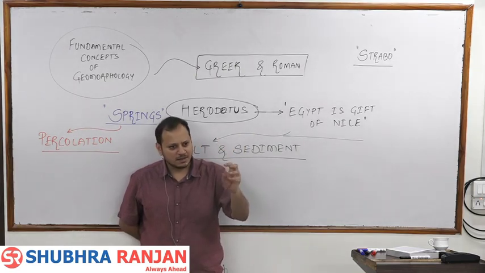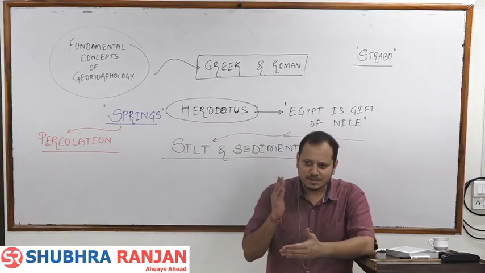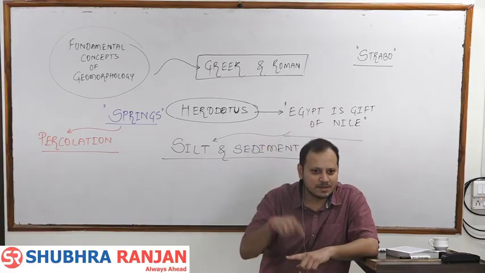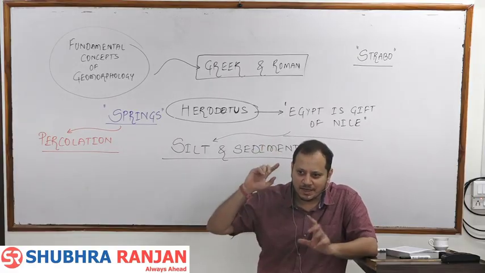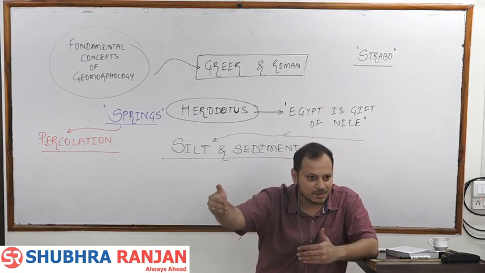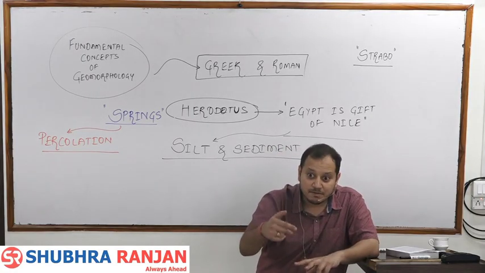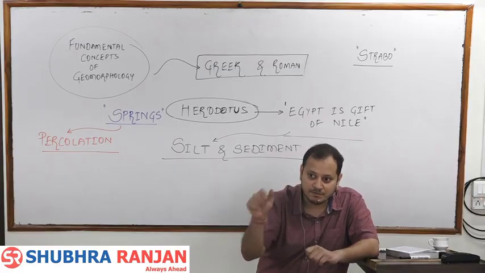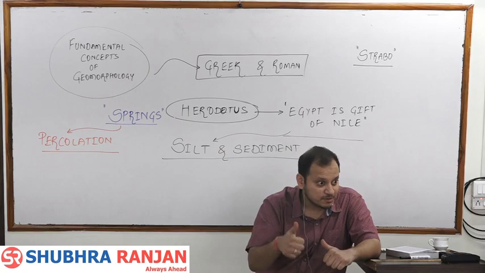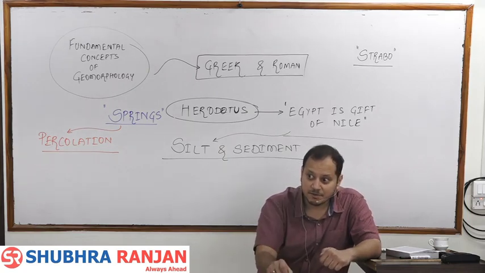General law, हर specific to general: Newton below the tree, apple falls, he thinks why apple falls, talks about gravitation, and then from the apple we apply it to the entire earth including satellites and planets. That is specific to general. General to specific, over the period when we will come in geographical thoughts, we will come to that topic, how the study should be. Now Strabo was the first person who ventured out and studied the landforms,